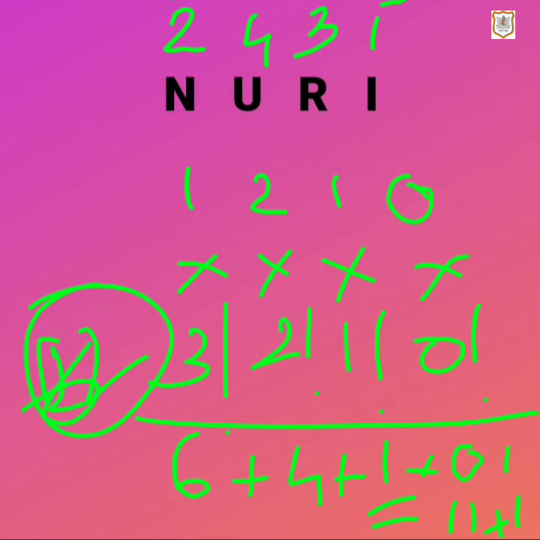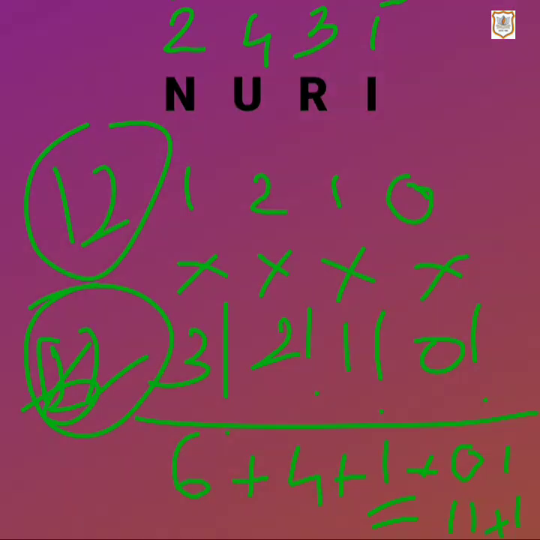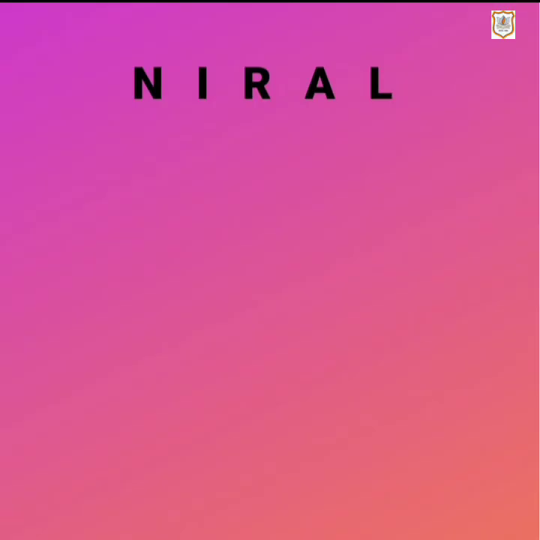Let's solve the next word, that is Neeral. Now the next word is Neeral. So we'll do it as the 5 steps are there. First we are going to give the ranks. So alphabetical rank, A will be on first number, then I will be on second rank, then L will be on third rank, N will be on fourth rank, and R will be on fifth rank. So we have given the rank.